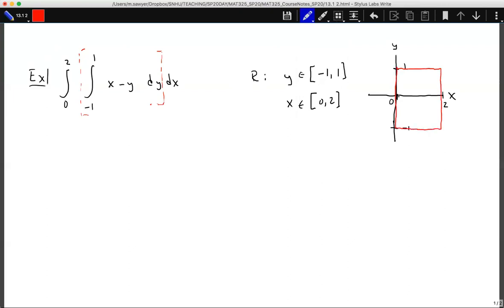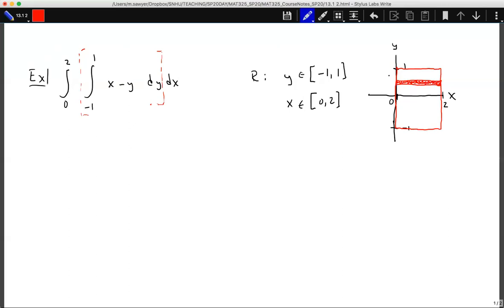So in our rectangles, we're drawing our boxes with respect to y first, and then with respect to x. So we're allowing our y's to change, and then allowing our x's to change. So our y is changing first, so our rectangles look like they're going sideways in our region,